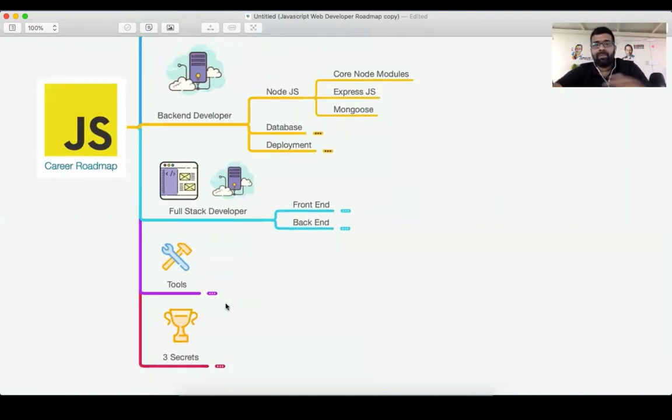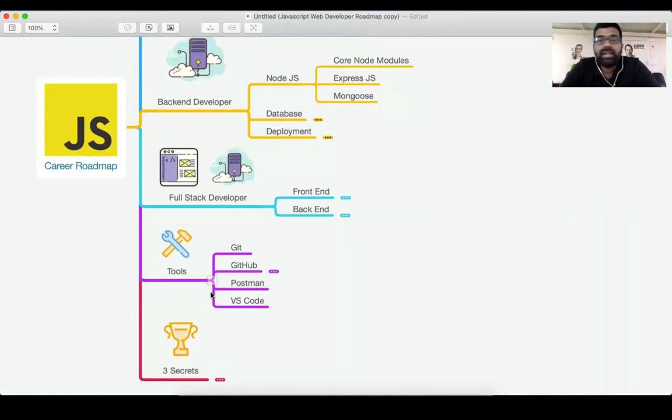Then let me speak about the other tools that you should be knowing and working with. The first of it happens to be a tool called Git. Okay, so it's basically something called a version control tool. This is going to help you maintain your projects better. So when you're on the journey, learn Git. The second one happens to be